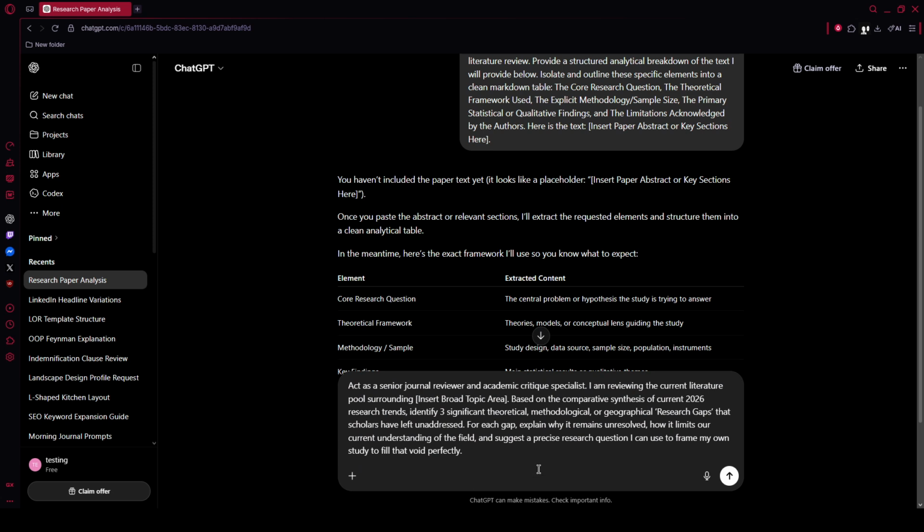Finally, sharpen your thesis with the research gap and vulnerability scout. Act as a senior journal reviewer and academic critique specialist. I am reviewing the current literature pool surrounding insert broad topic area. Based on the comparative synthesis of current 2026 research trends, identify